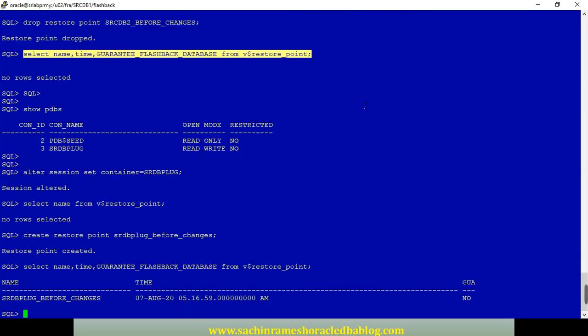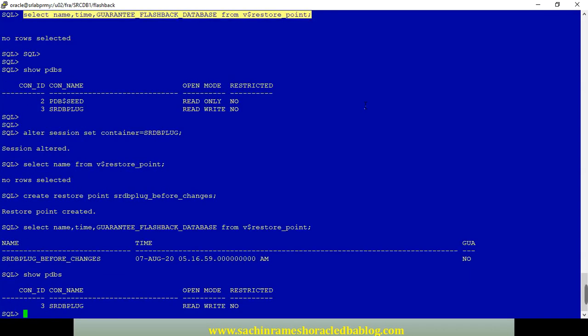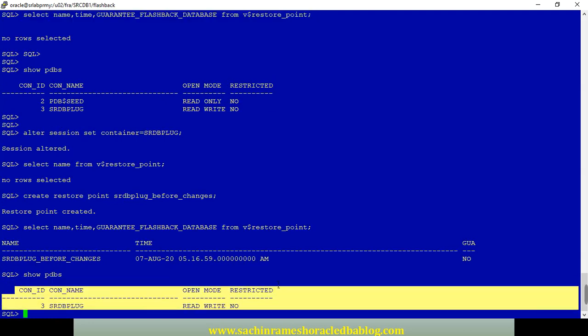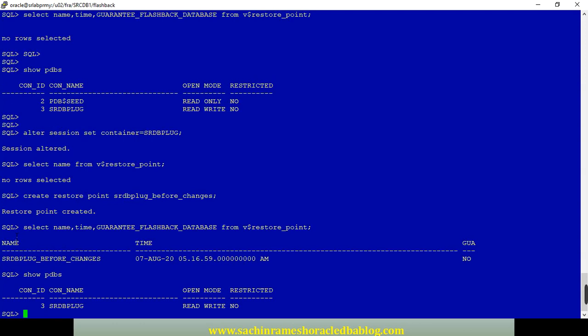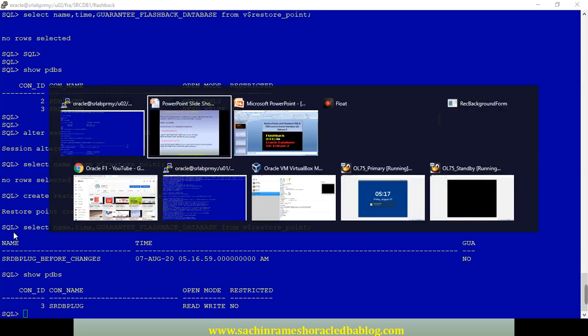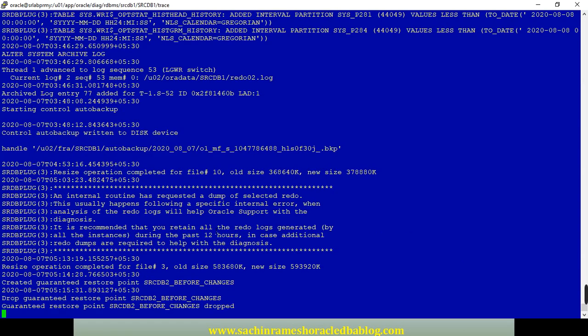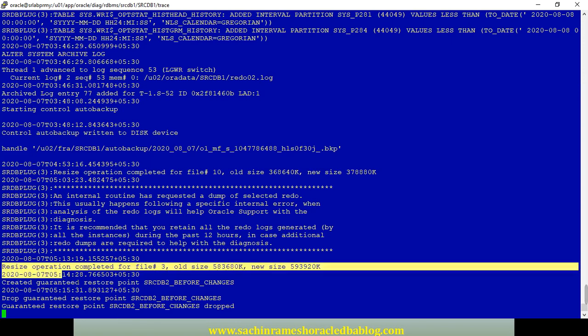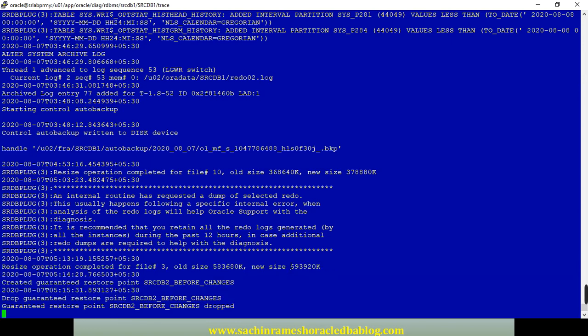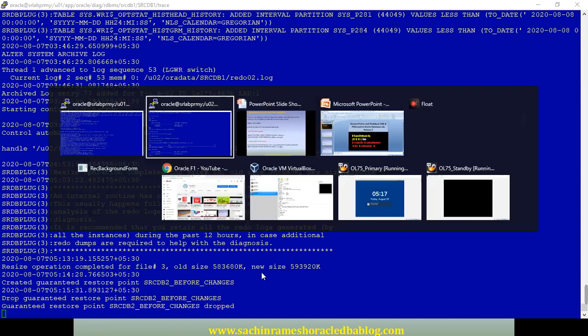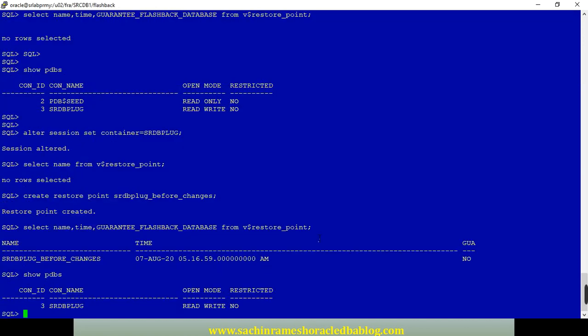We have created a normal restore point in the PDB. I'm in the PDB, not in the CDB. You can see here in the alert log. Now we can check this query as well.